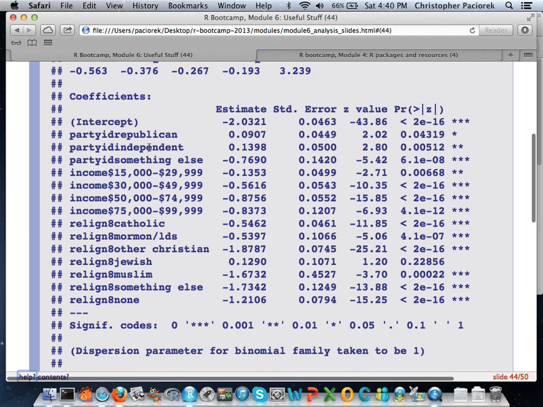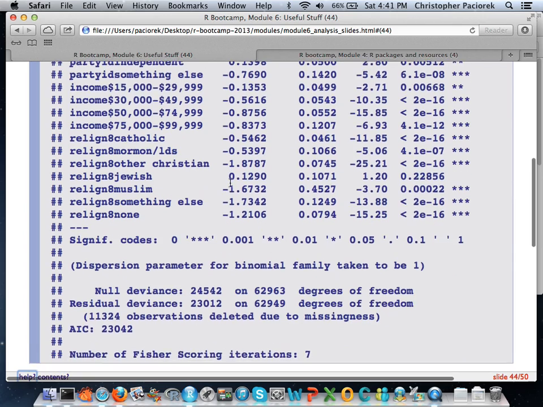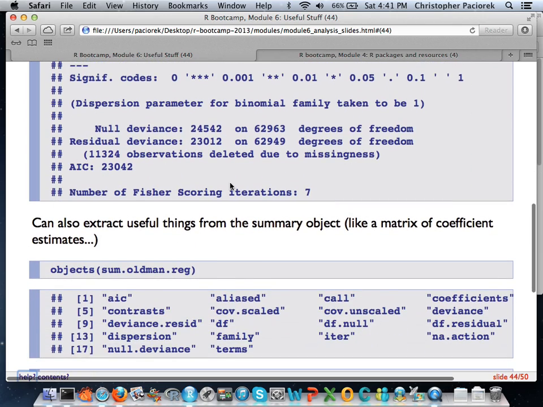So you see here you've got your list of coefficients, you've got your estimates here, it'll give you z-scores, standard errors, and your p-values, of course, all important p-values, as well as some dispersion parameter, that sort of thing. So that's what it'll get you.